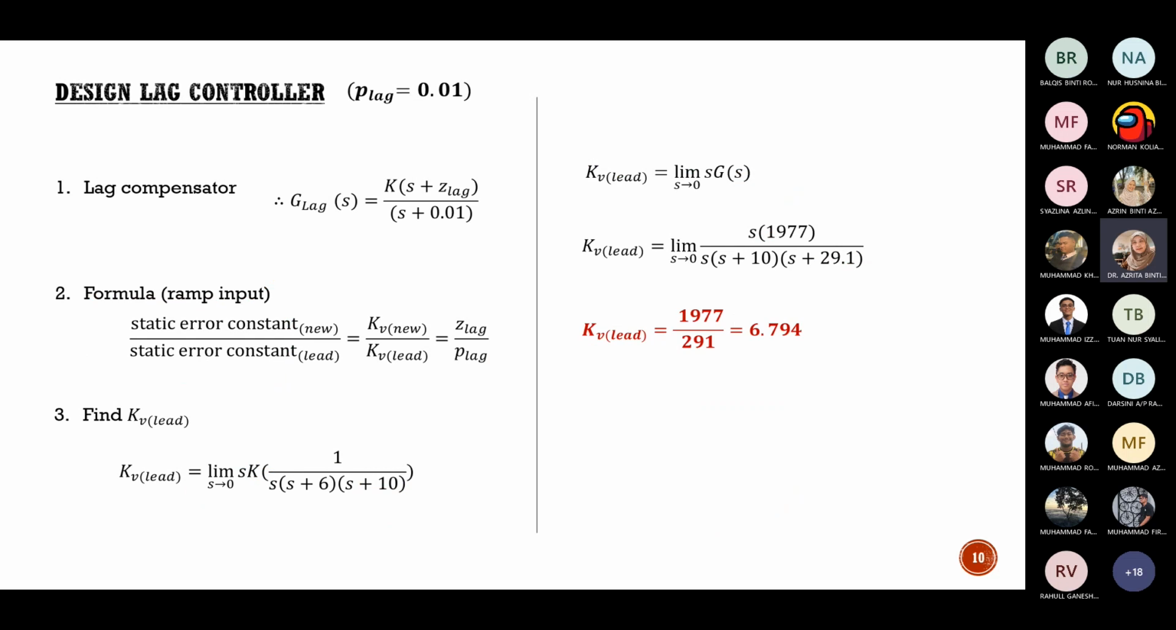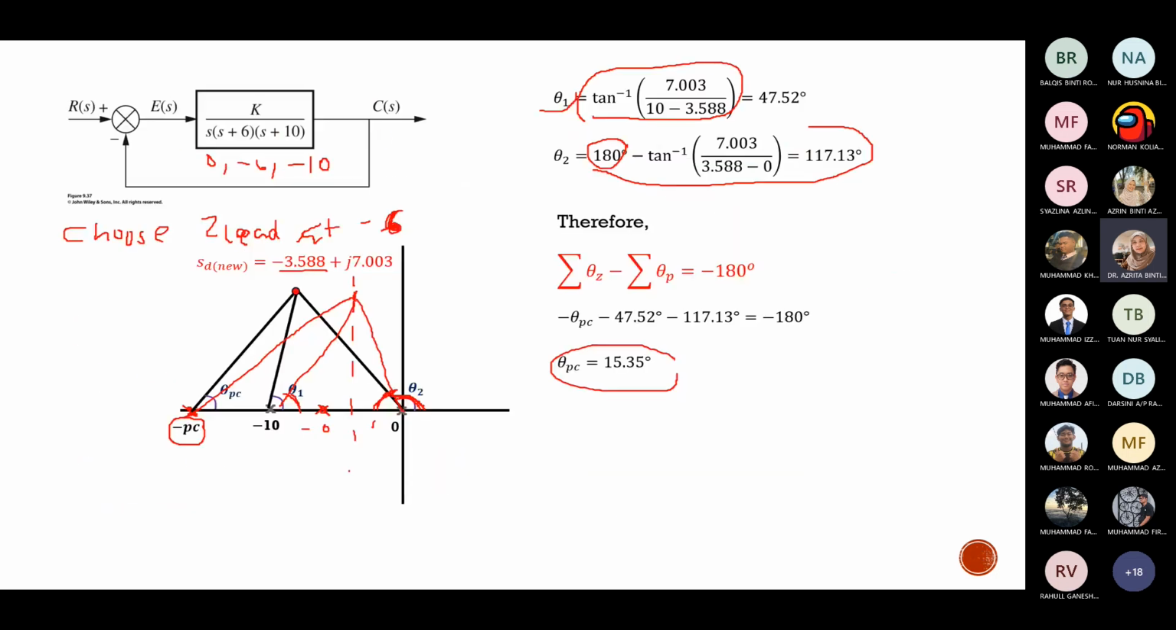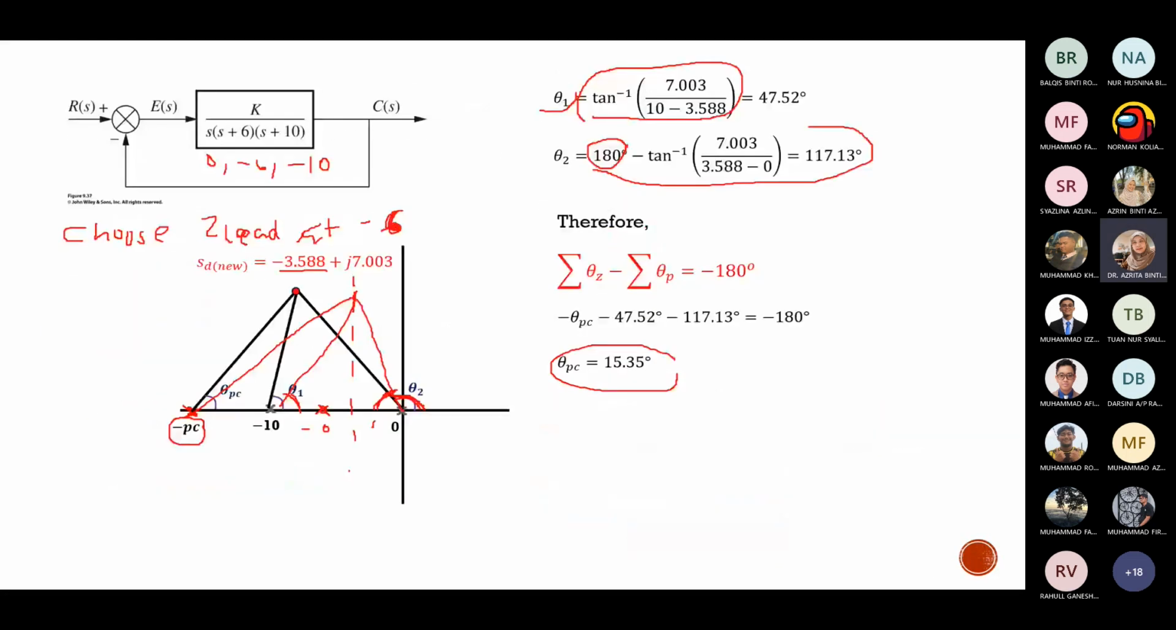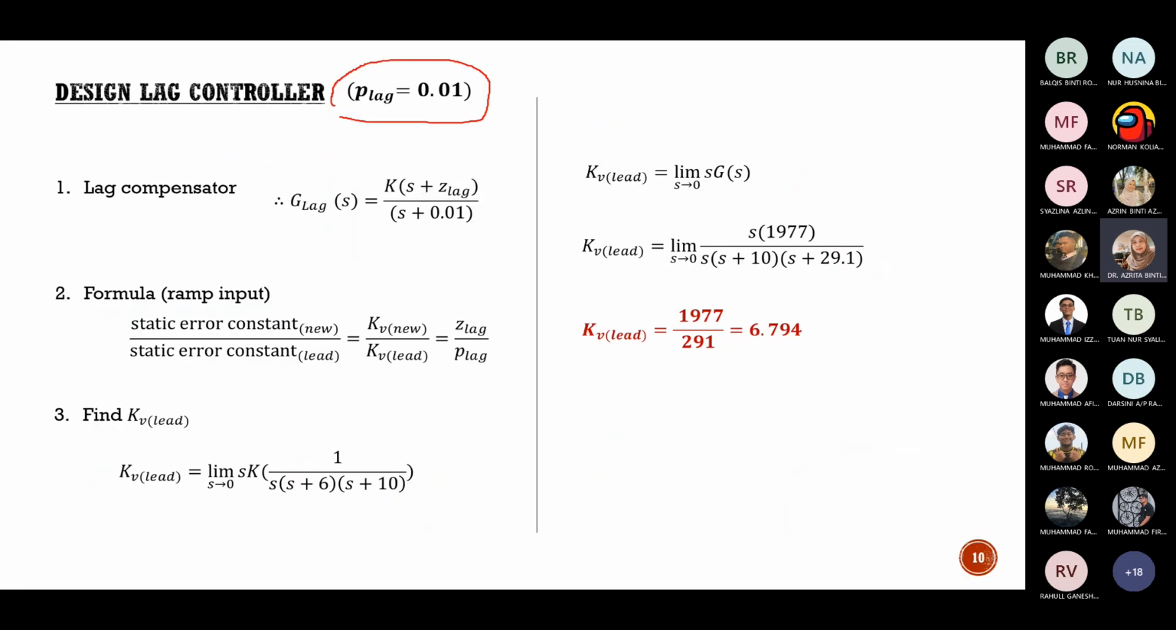So from the lag compensator, we choose the P lag at minus 0.01. Okay, minus 0.01, or in the mathematical equation, I put P lag equal to 0.01. So this has the same meaning that P lag must be at minus 0.01. Okay, first, we follow the procedure on how to design the lag compensator that we already learned previously last